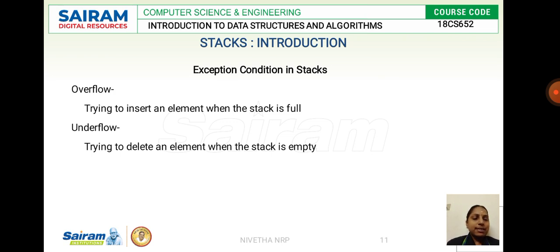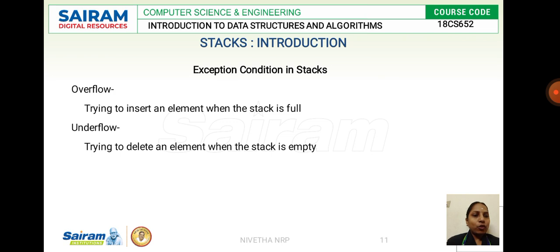Implementation of a stack will be explained in the next session. While we implement a stack, we will be creating the size of the array, the size of the stack. So when I declare the size of a stack as 5 and when I try to insert a sixth element, I cannot insert it since the stack is full. This condition we call the overflow condition. Overflow is related to insertion, that is the push operation. So whenever I try to insert an element when the stack is full, I say that condition is overflow.